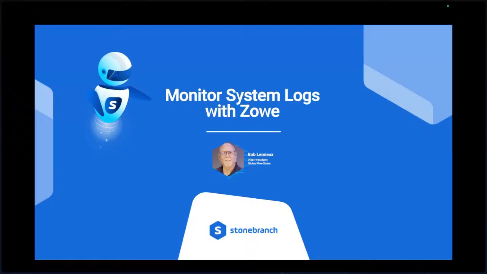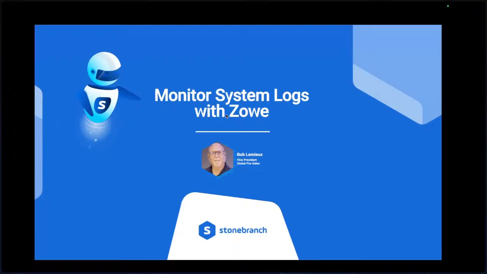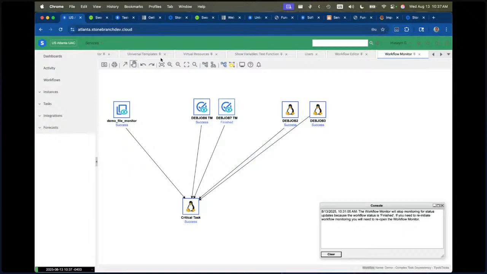One of the most useful tools that Zoe has is reading the system log. What we're going to do today is show you one of the most common use cases we see on the mainframe: I need to wait for CICS regions to come down, and then once the regions come down, I would set some virtual resources to let processing continue. And then when the CICS regions come up, we don't allow any jobs that cannot run with the onlines up the ability to do that. But with Zoe,